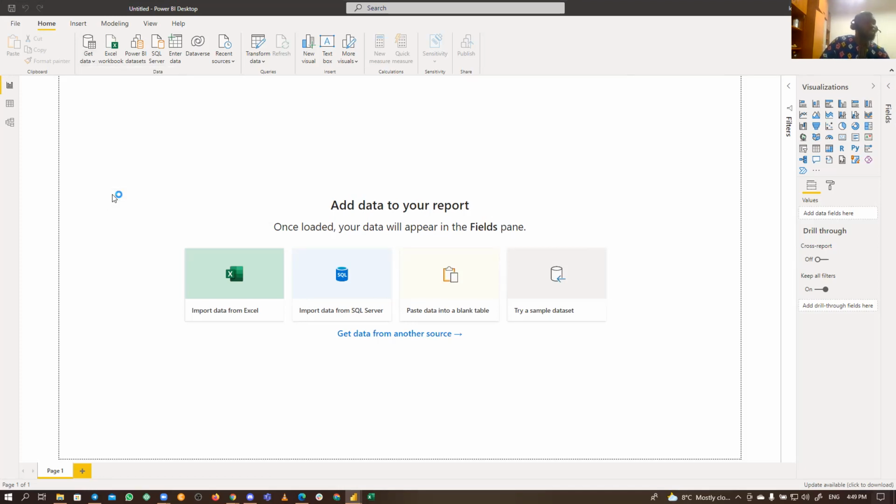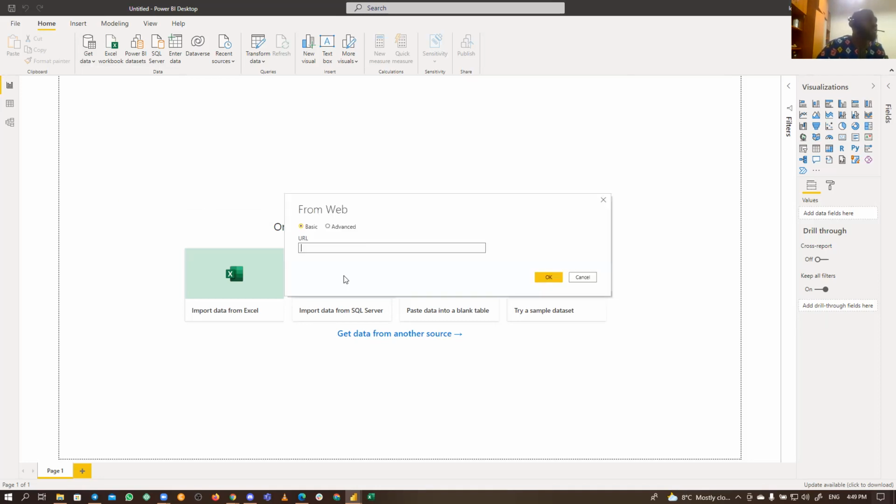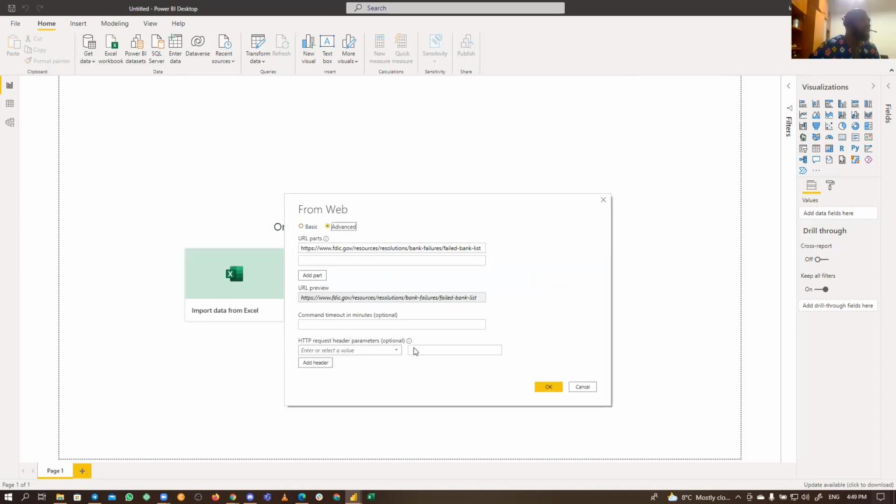I told you one of the important features that comes with Power BI is the fact that you can connect to a website. On a web page, you can scrape out the data. So just copy the URL and paste it. If you paste it here, you should see something like basic and advanced. If you want advanced connections, maybe you want to automate it, or make some modifications to a particular section that you want to copy, or you don't want it to take the whole day searching out that data. This is more of an advanced feature, but you probably don't need that.